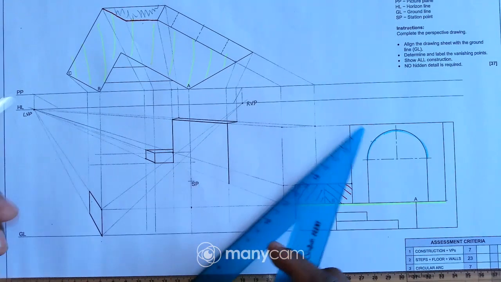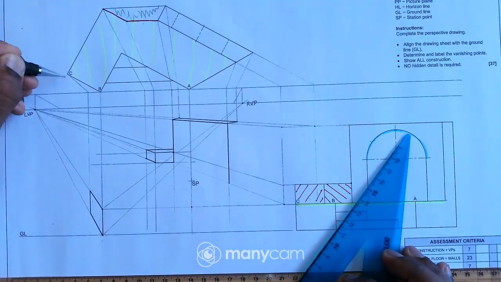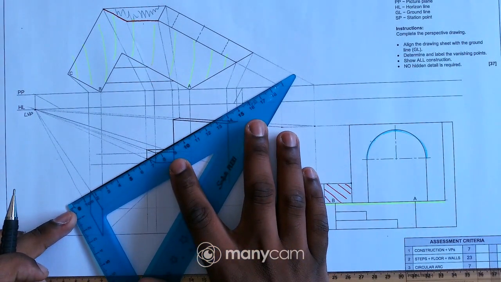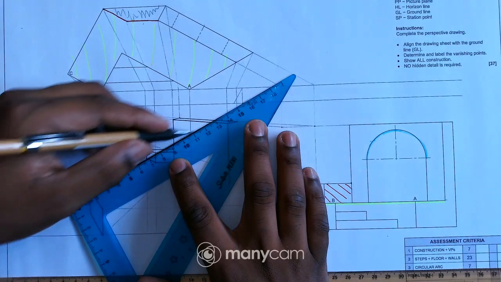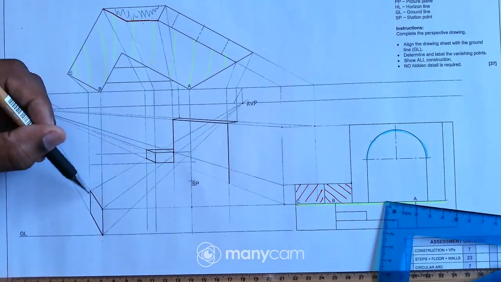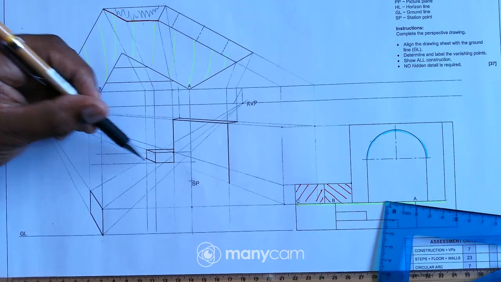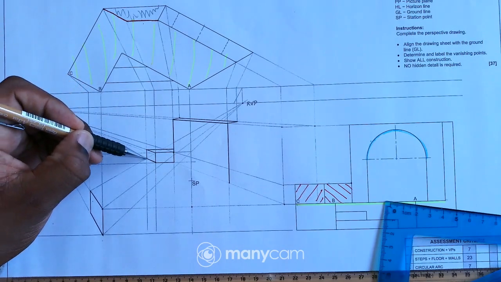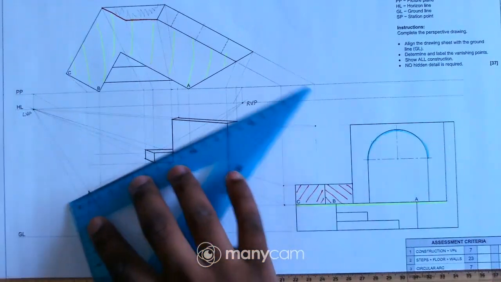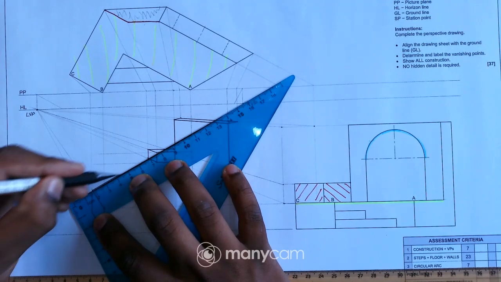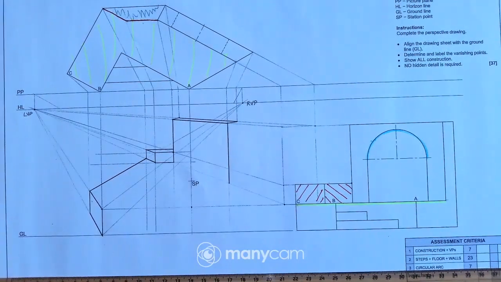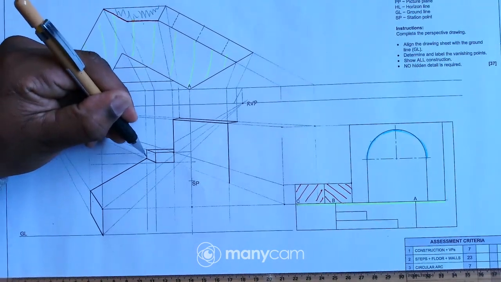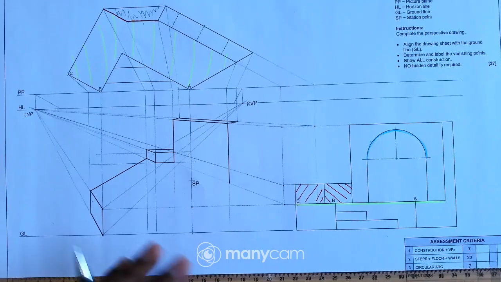Okay, so now this is point C. It's this point, so I can just take this point to the RVP, like that. And if you check, this line passes through that point. And obviously that line goes to that point. This point, remember, it's this one here. So I can just connect these two points like that. From C I have a line up to that corner, and that corner, remember, is right there. Okay, so I can leave it like that.